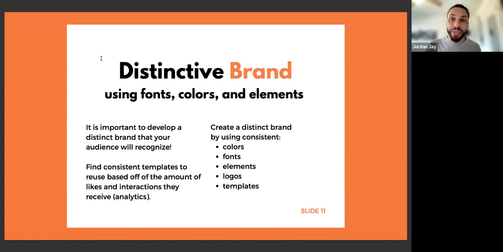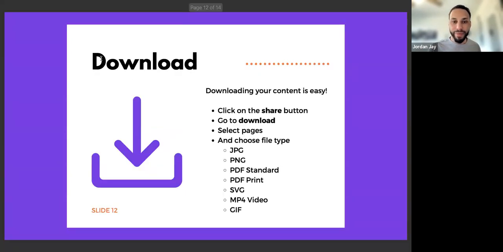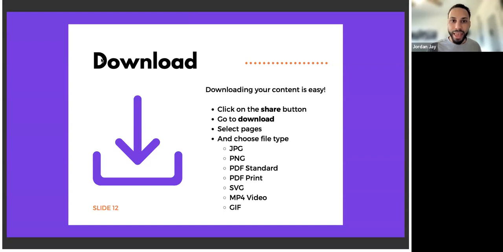It's also great to use your analytics, specifically on social media. You can access those on Facebook and Instagram pretty effortlessly, and it will show you what is most popular, what's receiving the most interactions, what's getting the most likes, and that's how I decide what my brand elements are going to be, what fonts are working best, what photos are working best, those kinds of things. That is it for the most part.